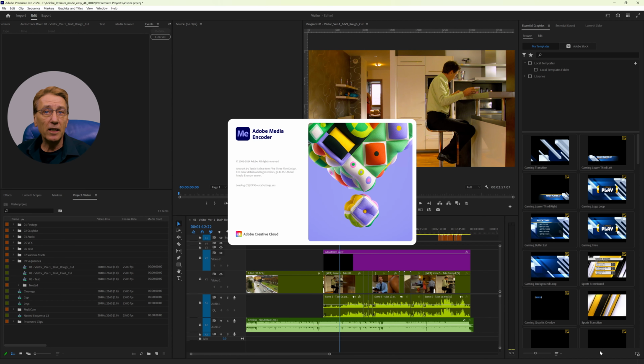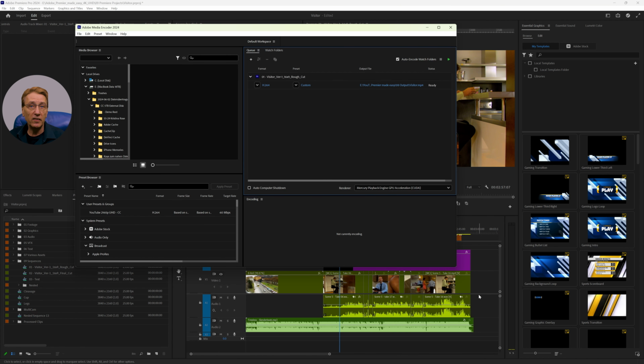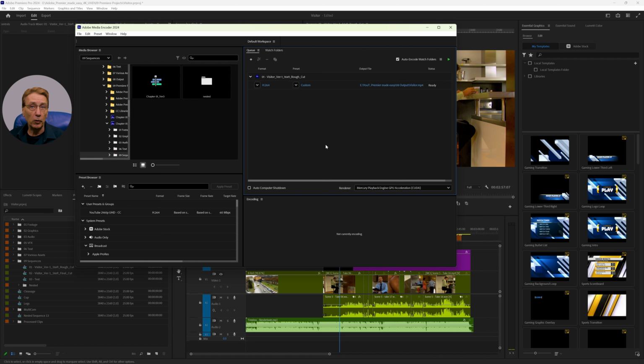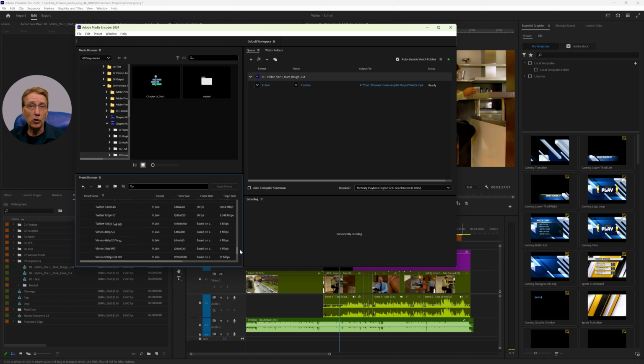The Media Encoder can do much more than export your Premiere sequences, but I will only discuss the specific advantages in connection with Premiere Pro here. First and foremost, Premiere is not blocked during the export progress, and if the computer is powerful enough, you can continue working with Premiere during this time. Second, you can queue up as many export jobs as you like and start the export only when you finish your work, and even choose to have the computer shut down after the export is completed. To start, just click the green arrow and select Auto Computer Shutdown and go home.